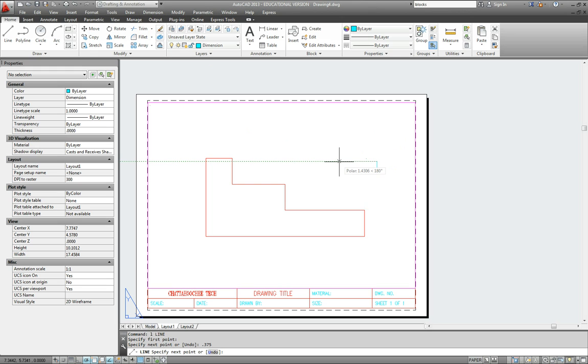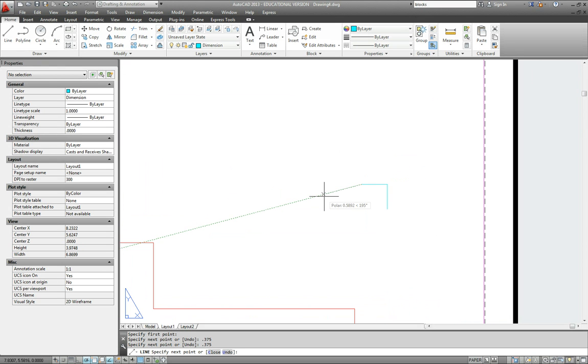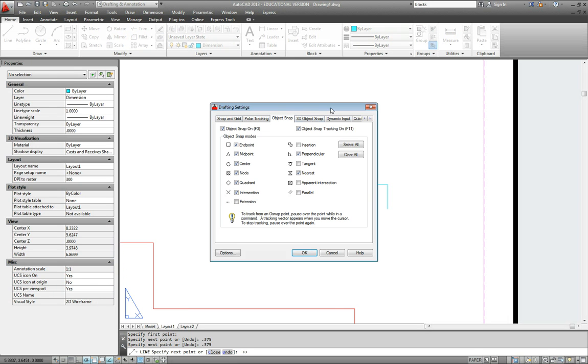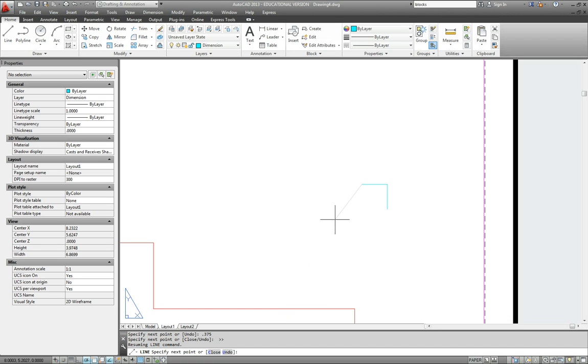Then I'm going to go to the left. The horizontal member should also be 3 times the letter height, so I'll type in 0.375. Okay. Now, since we have the object snap tracking turned on, the tracking is what gives us an anticipated intersection. So what I'm going to do is pull over to my endpoint here, and then